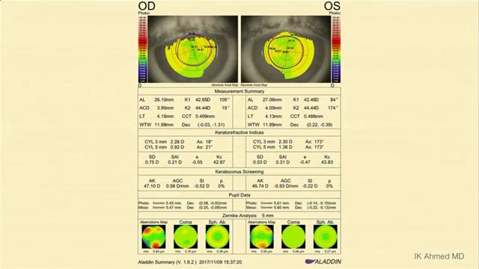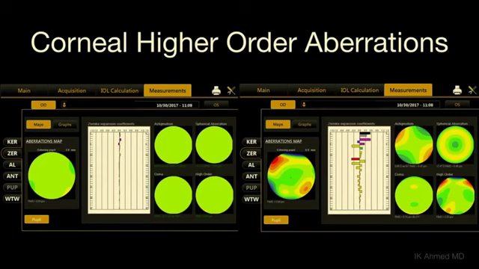And so I do look at some of these things like coma and spherical aberration, particularly when I look at my topography. So again, most of you are doing topography. The ability to have it all together with a device, of course, with a couple of clicks is certainly valuable. So I don't know how many of you look at corneal aberration and spherical aberration for lens selection. I like looking at this, for example,